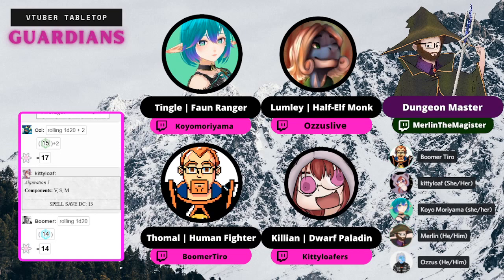Okay. As for weather, it seems to be snowing a little bit, but it's not like a snowstorm or anything. It's a normal kind of snowfall for this time of year. Very cold. Just to inform you, as the ranger, I have the natural explorer feat. So the choice of terrain is forest.